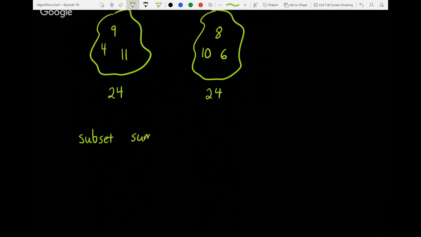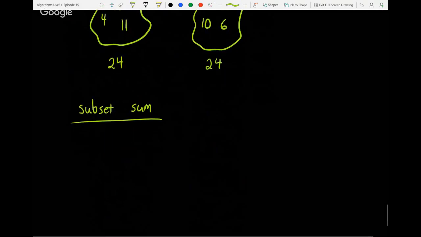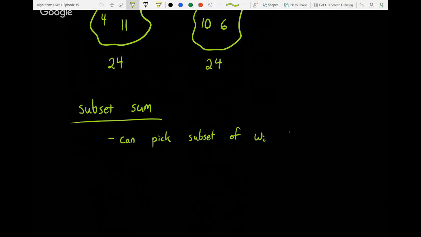So subset sum is: you have some items, you have n items. Can you pick a subset of the weights such that the sum of those values is equal to some target value? And that's what we'd like to find. Can we do that? And then the partition problem is easily a special case of this, because what you do